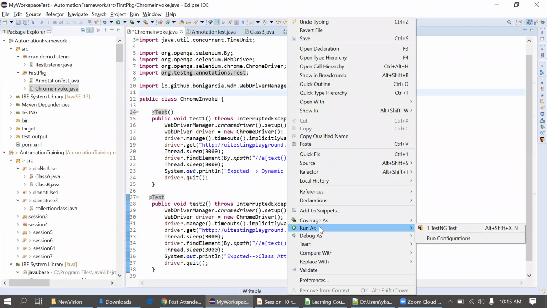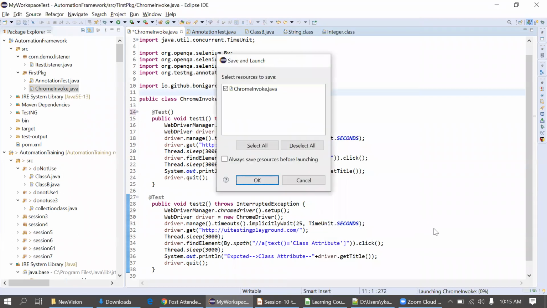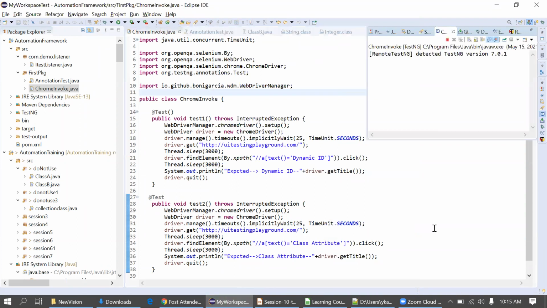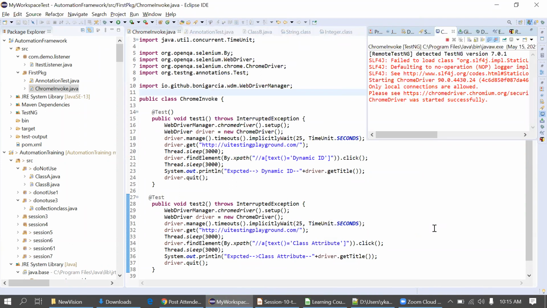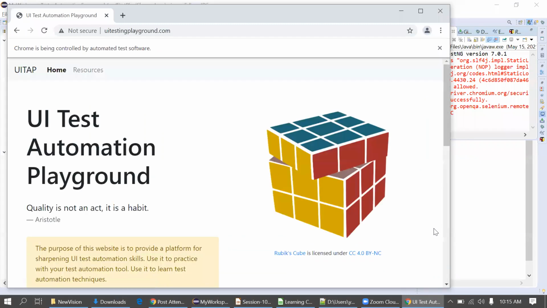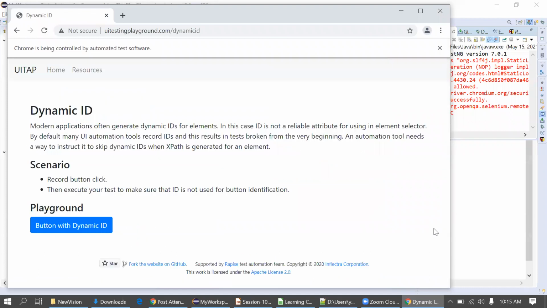Right click, run as TestNG test. Now one browser opened, it will execute the test, it will close, and then the next test case will start.